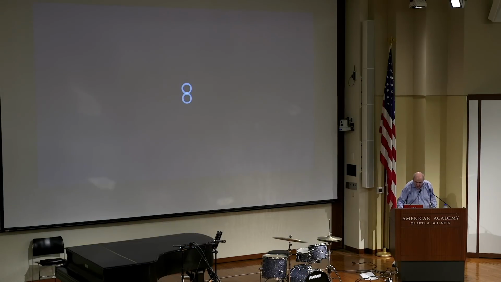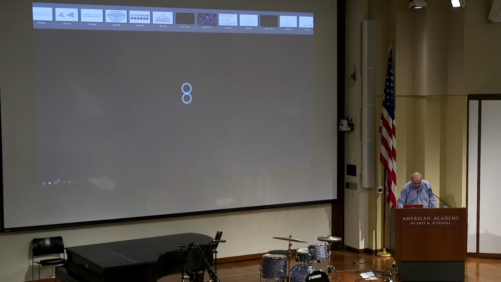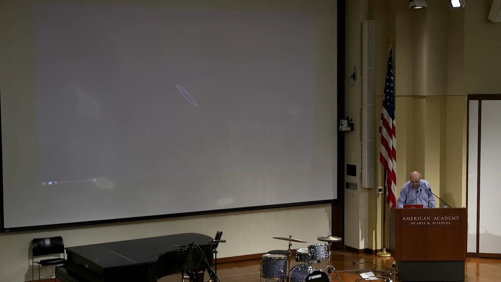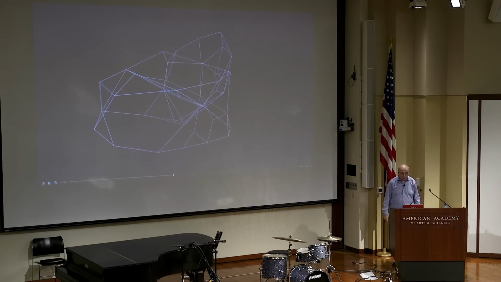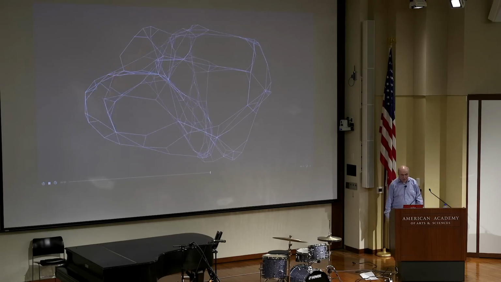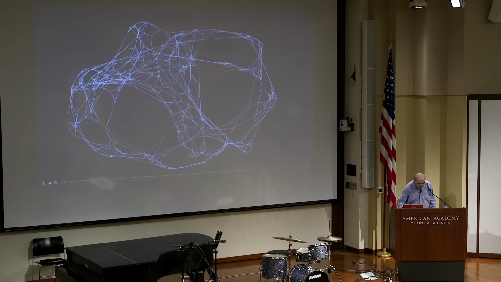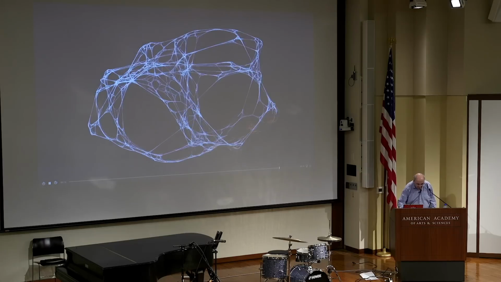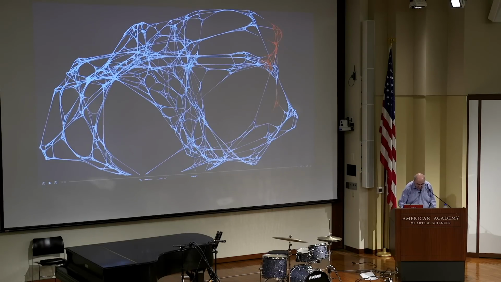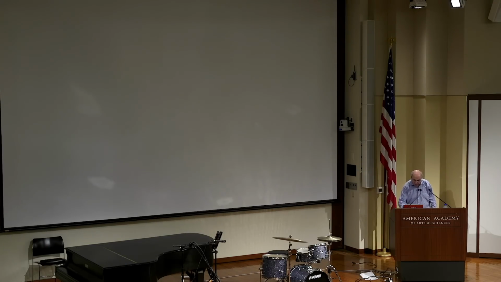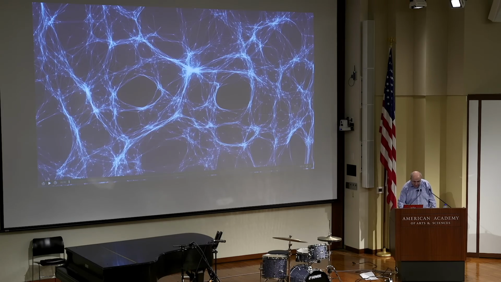So, okay, you do these things, and this is just a little simulation of what the very beginning of the universe in a model like this can look like. If you go a lot later in the history of the universe, you can make simulations like this. This is a couple of black holes.